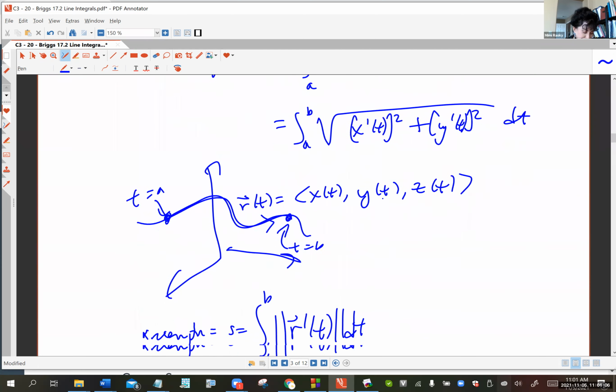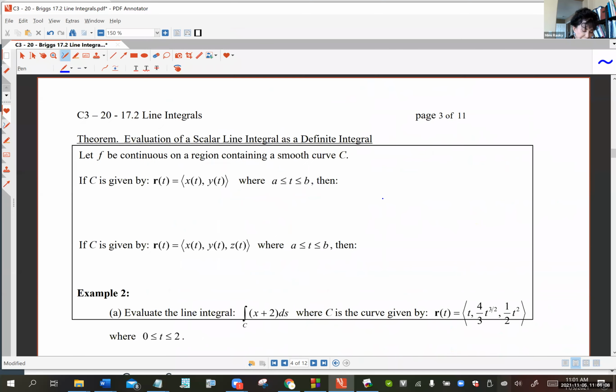So the big theorem, this is how you turn a line integral into a regular integral that you can actually evaluate. So we'll do the 2D and then the 3D. So you've got f, that's continuous on some curve you've got. And you can think of this as being the density function, because these line integrals, essentially, you're finding mass of